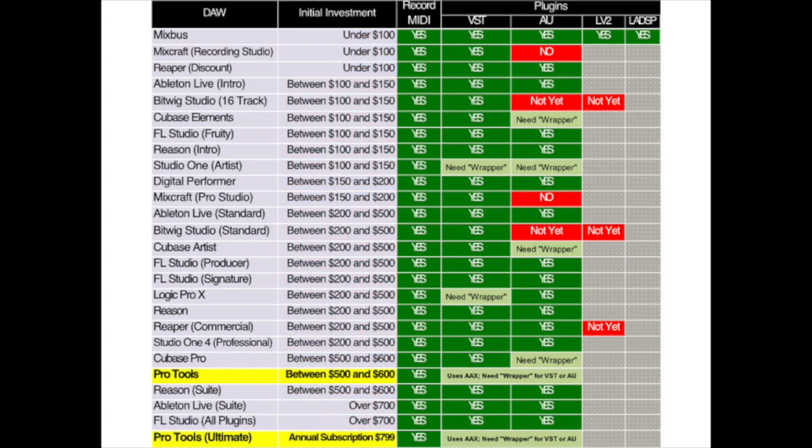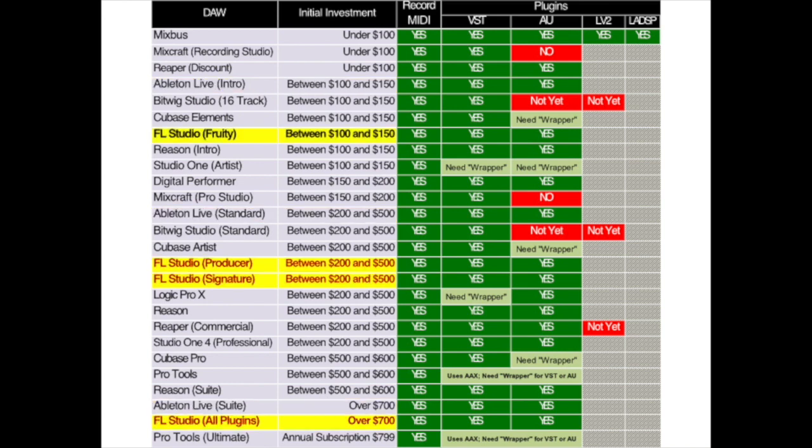Avid offers 2 versions of Pro Tools in addition to their free version. You'll notice that Pro Tools Ultimate is the only DAW in the list with an annual subscription fee. There was no one-time purchase option to buy Ultimate. PreSonus offers 2 versions of Studio One in addition to their free version, and there are 3 versions of Ableton